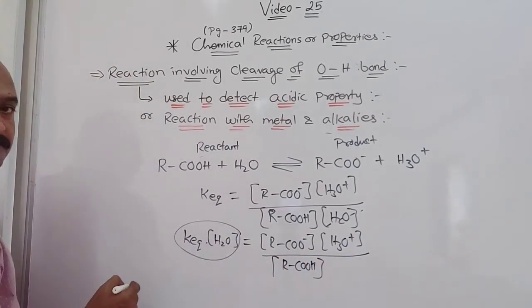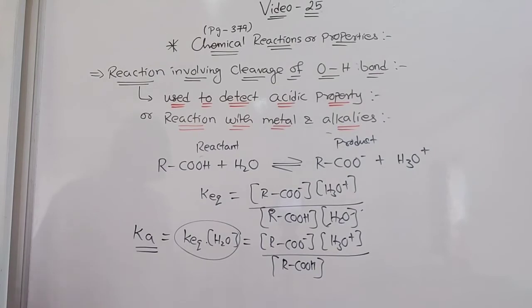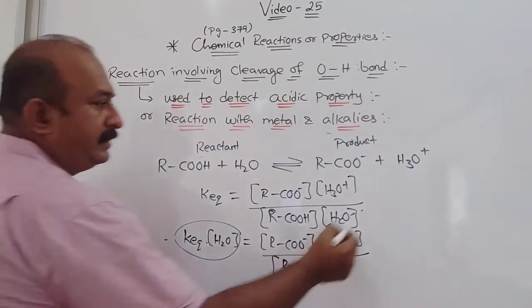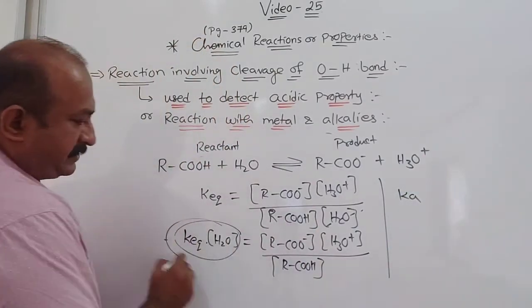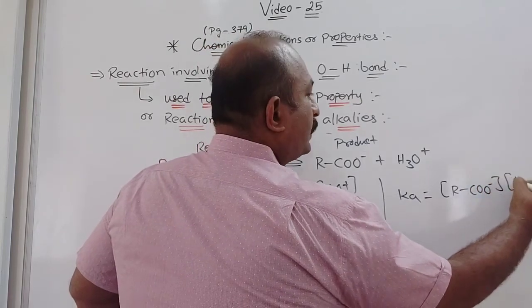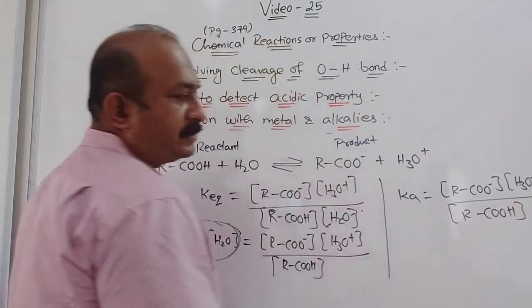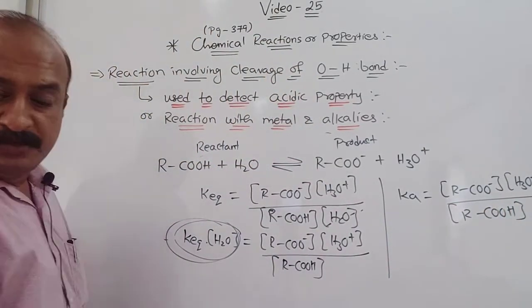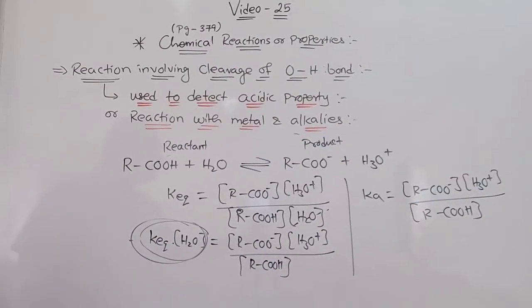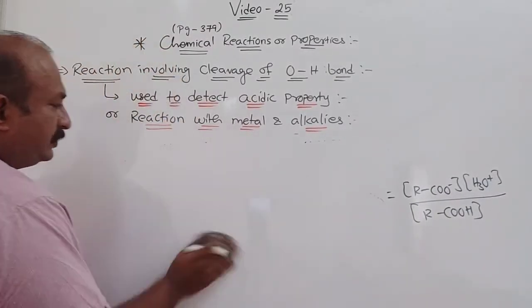Now both of these are constant, so we will get a new constant, that is Ka, and Ka is nothing but what we call the acid dissociation constant. Understood? So Ka for this can be written in this form. If you don't understand this, I will write that Ka for these two parts, both constant, is equal to RCOO minus into H3O plus whole upon RCOOH, like this, right? Now suppose we know about log, what we have studied, if you remember, that is pH.